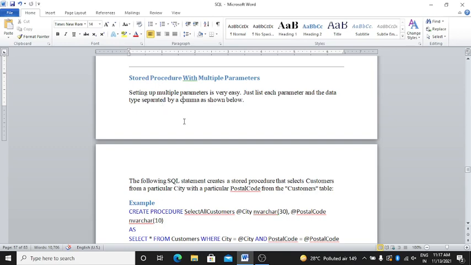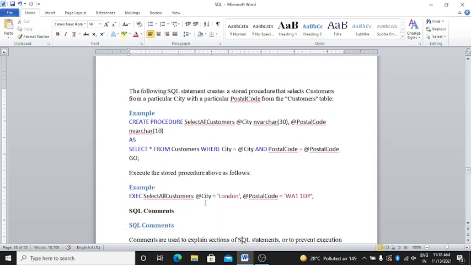Setting up multiple parameters is very easy. Just list each parameter and the data type separated by a comma as shown below. The following SQL statement creates a stored procedure that selects customers from a particular city with a particular postal code from the customers table.